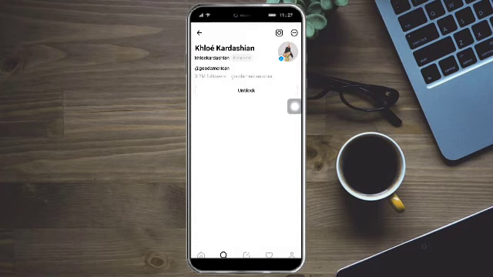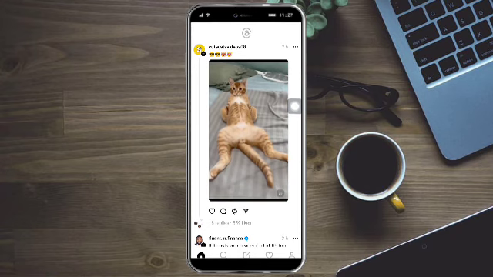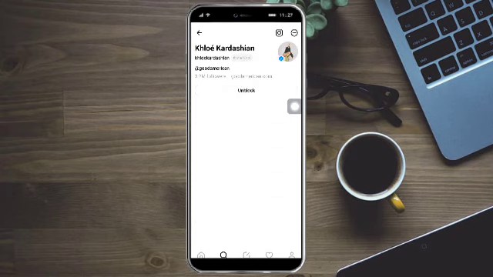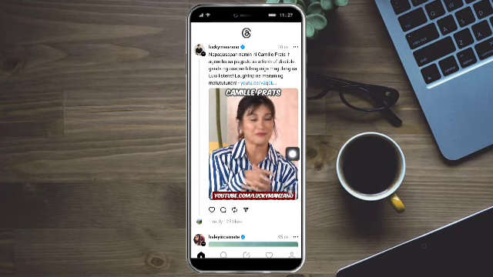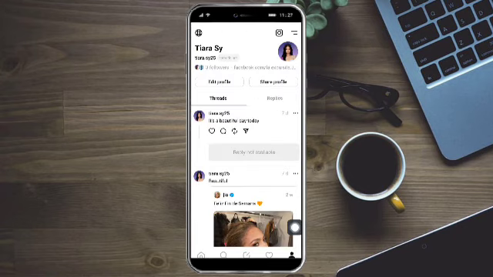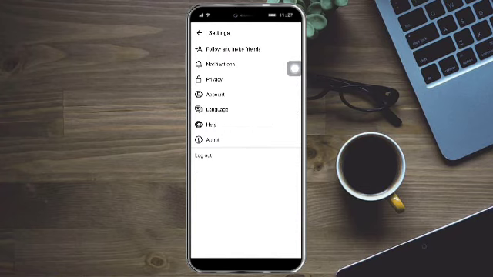So if you don't see this page right here, like for example, you're on this page and if you search for that person, you won't be able to see them again. So if you don't want to have that, then what you need to do is just click on this profile right here, and then from in there, just click on these two lines, and then from in there, just click